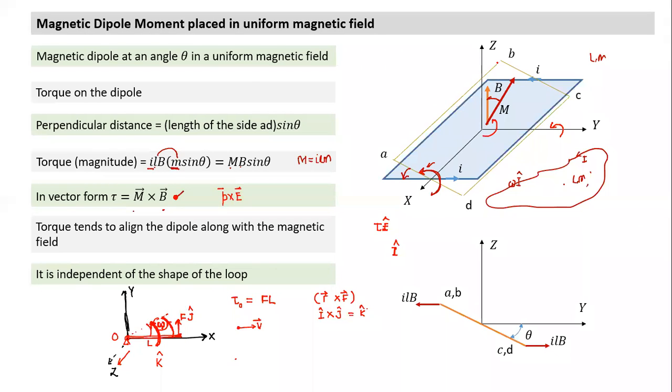Sir, in the question of impulse, we took the change in momentum in the y direction, right? Right. Because the force has to be in the y direction, either plus or minus. It cannot be in any other direction. Can it be? No. So we take change in momentum only in the direction of force.